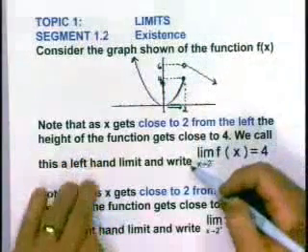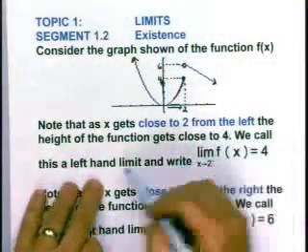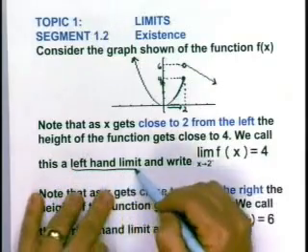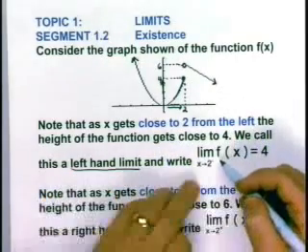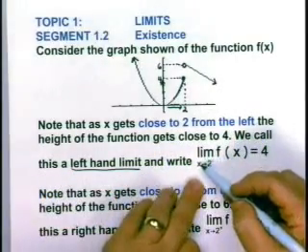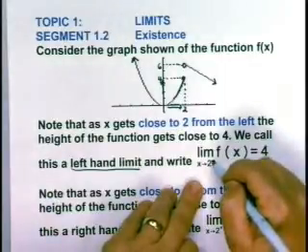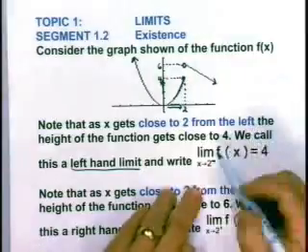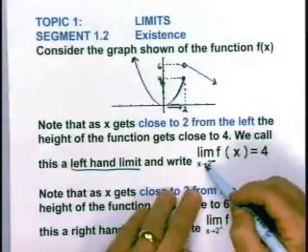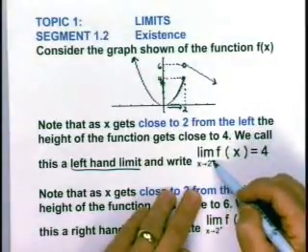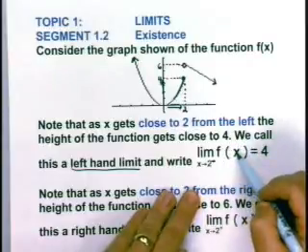We call this a left-hand limit, and we write the limit as x approaches 2 with a negative sign in the exponent position. This is read the limit as x approaches 2 from the left side of the function f of x would